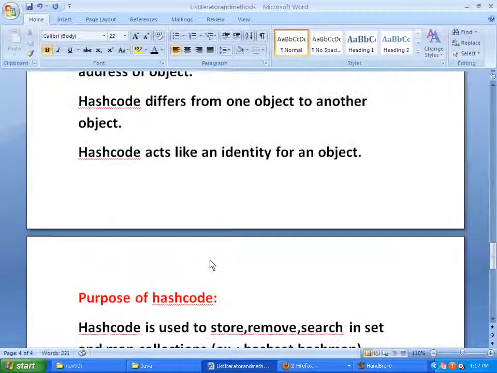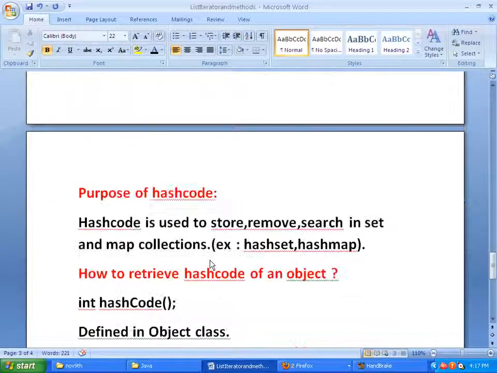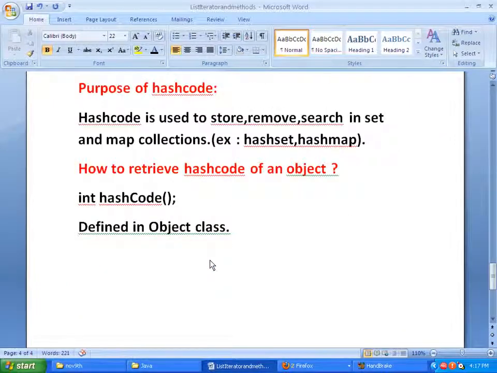And the last one is how to generate hash code of an object.